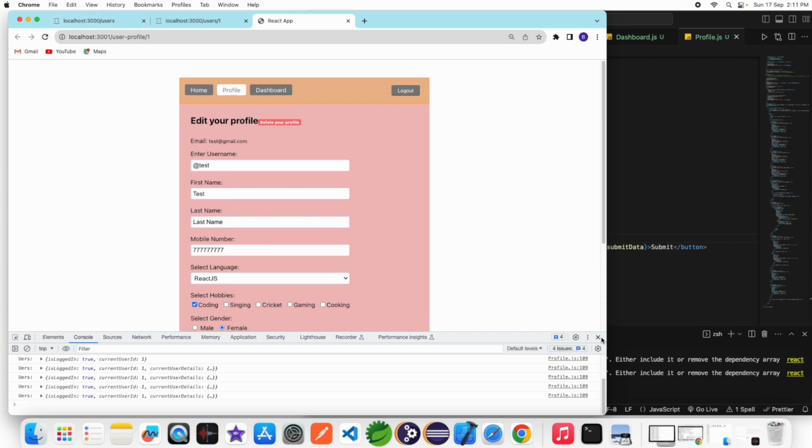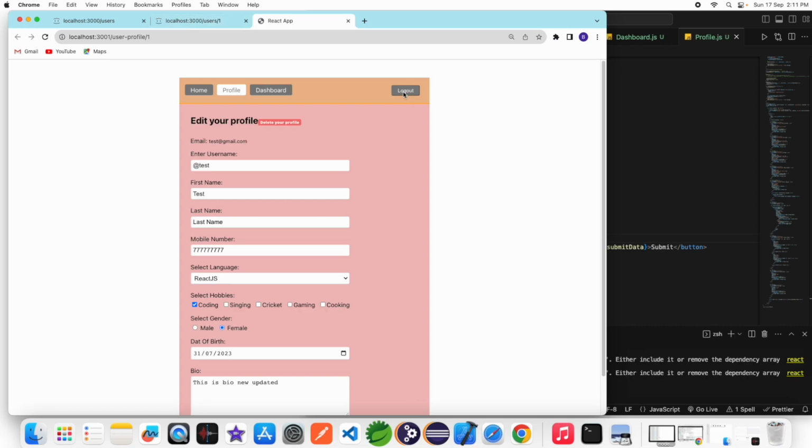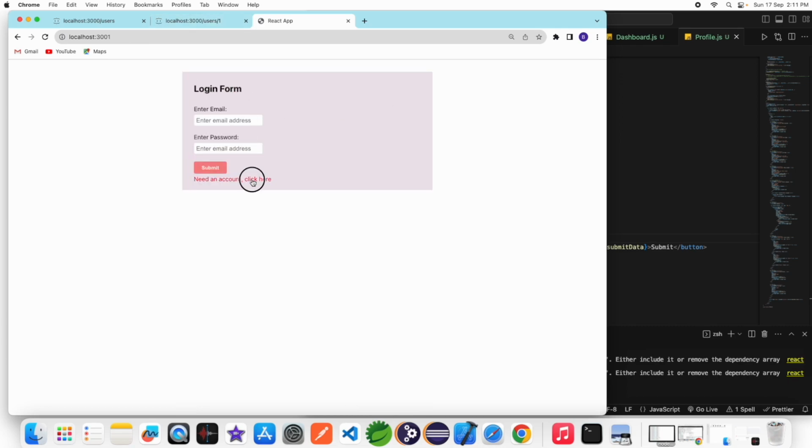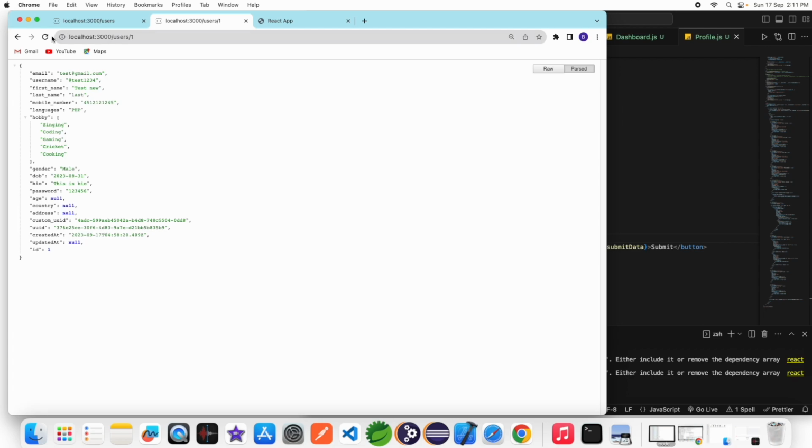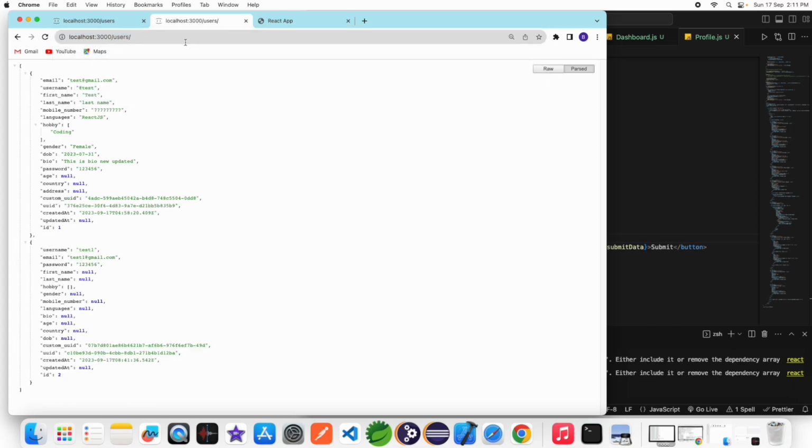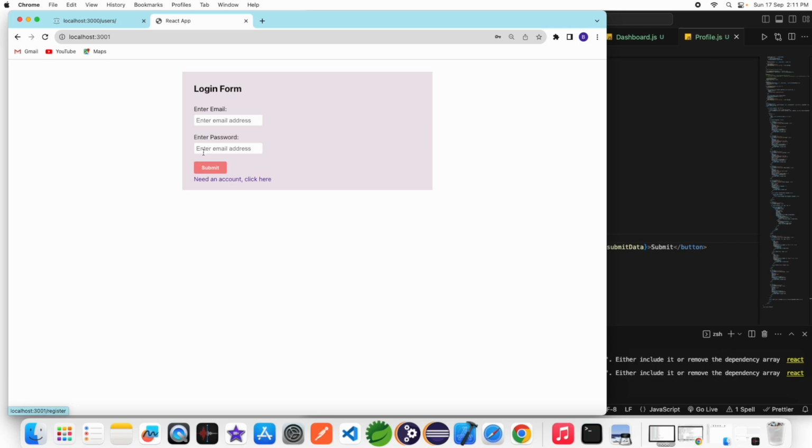And log out. Now I add another user, test1, with email test1, and password 123456. Register. Remove. Okay, I have two users, and if I log in with user 1,